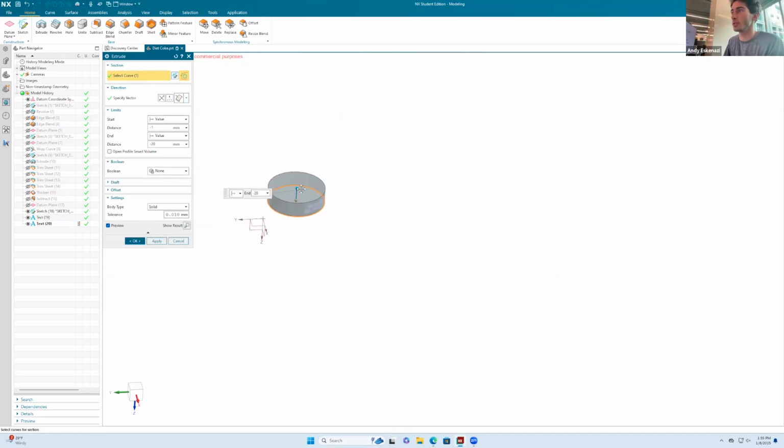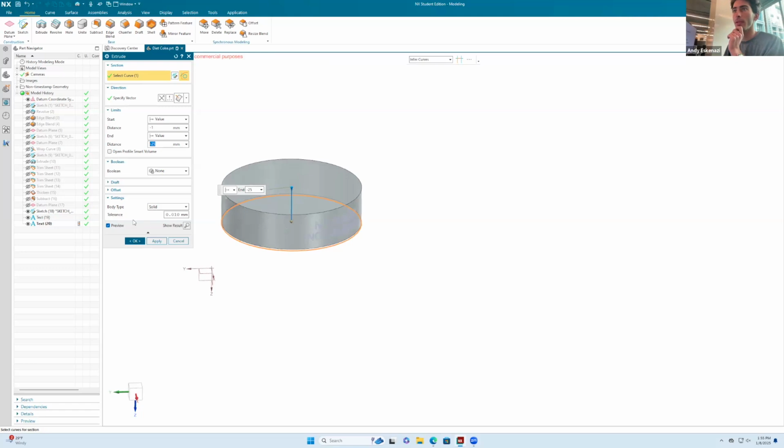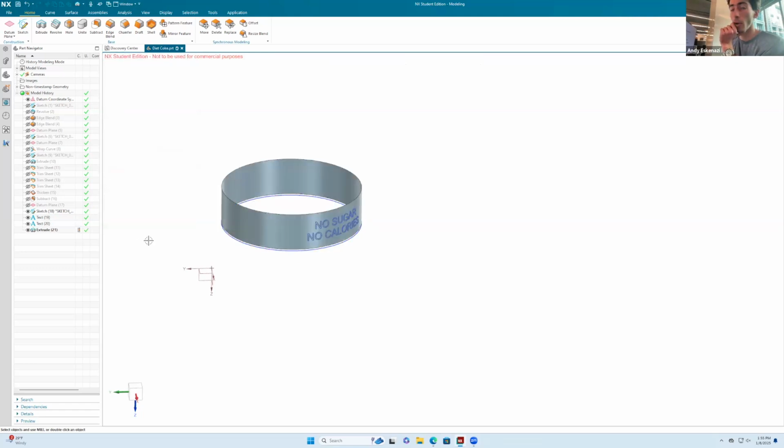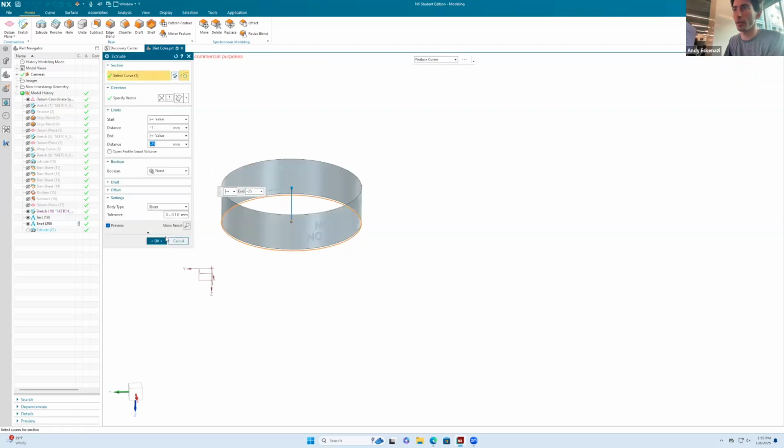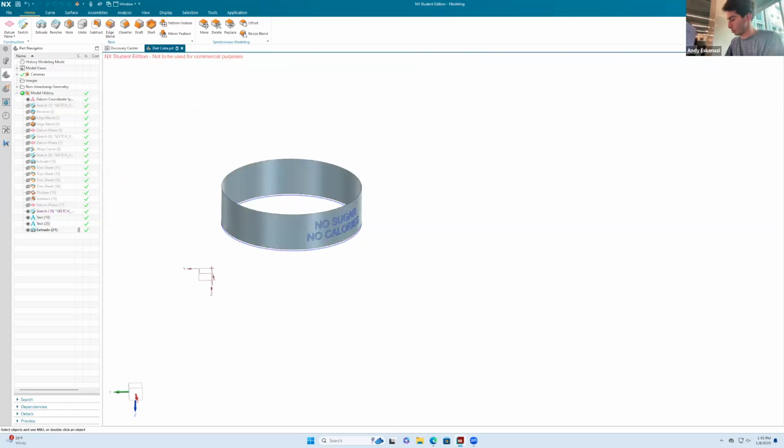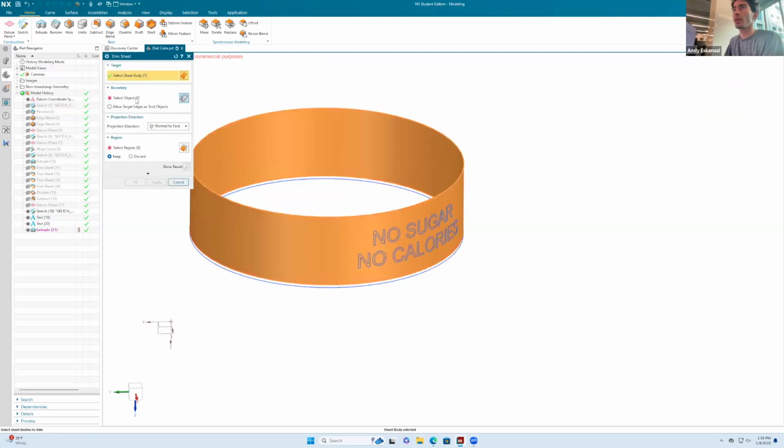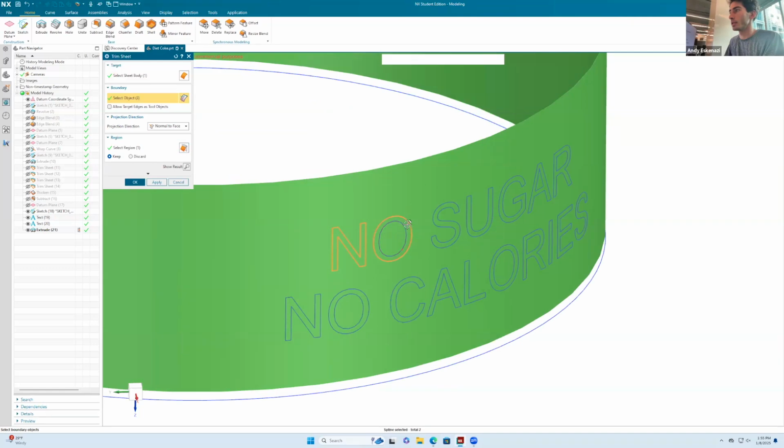Actually, it doesn't need to be a ton. It could be up there. And here in settings, just make it a sheet. Let's click OK. And now let's go to trim sheet. So actually, let me just make sure when I edit this, there was none. Okay, good. Go here to trim sheet here, and the object, I believe we can select